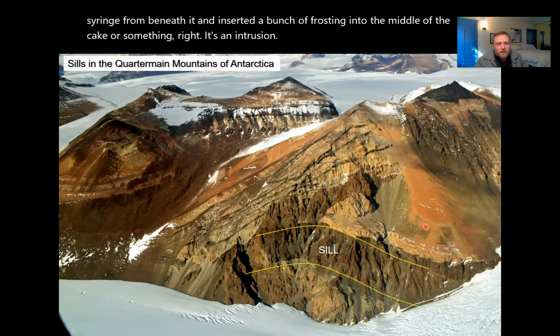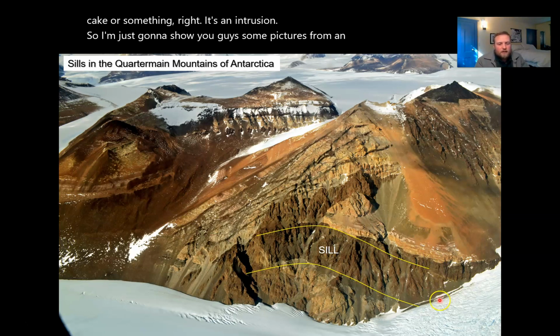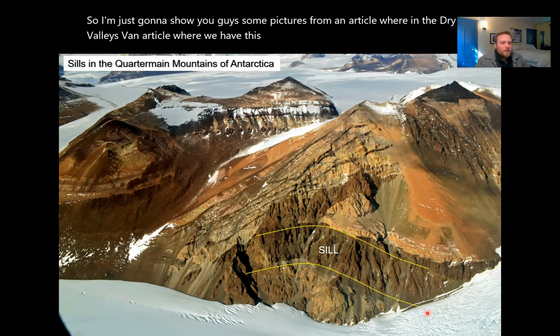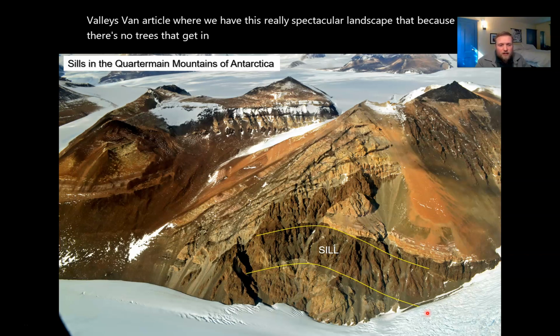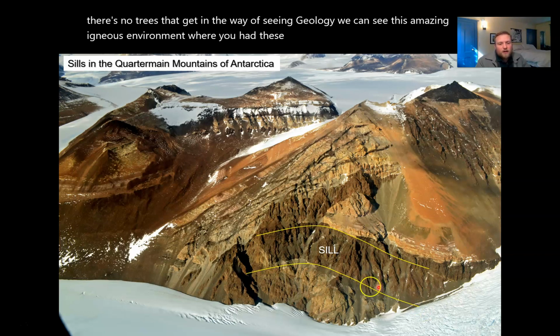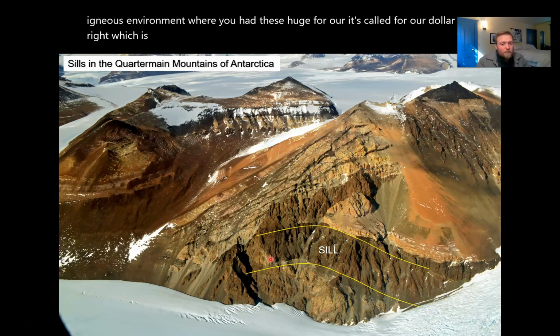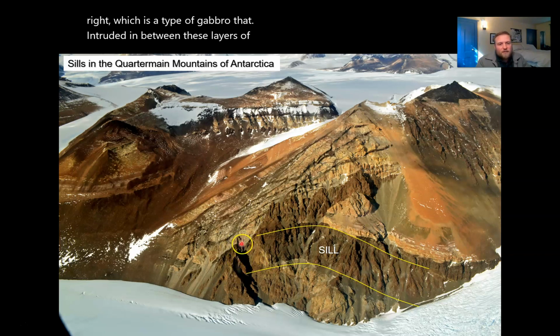So I'm just going to show you some pictures from the dry valleys of Antarctica, where we have this really spectacular landscape. Because there's no trees that get in the way of seeing the geology, we can see this amazing igneous environment where you had these huge Ferrar, it's called the Ferrar dolerite, which is a type of gabbro that intruded in between these layers of really bright white sandstone